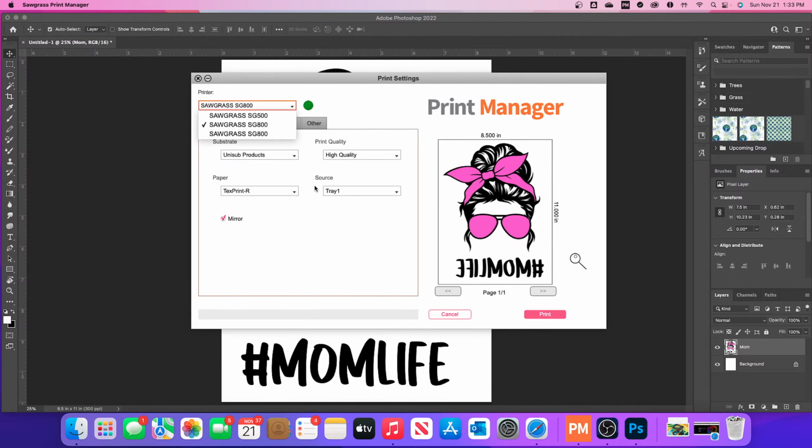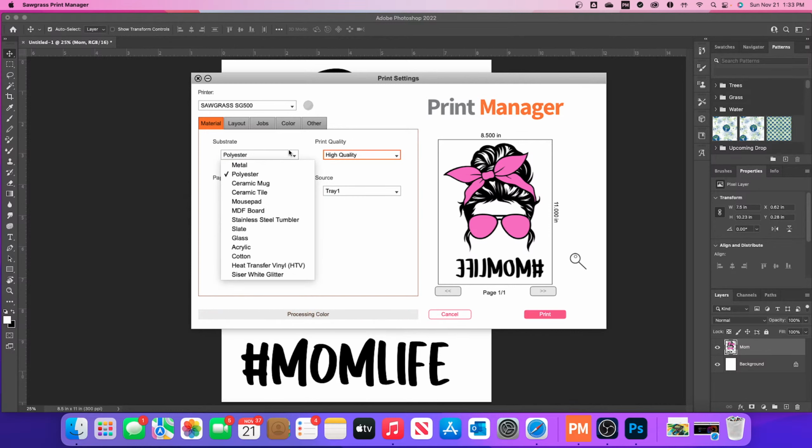And then I was talking about the DPI earlier. Here's the print quality. So if you're on an 800/400, you'll only see high speed and high quality. If you have a 500 or a 1000, you're going to see this advanced photo depending on your substrate. I think polyester only has high quality. Yep. Metal has